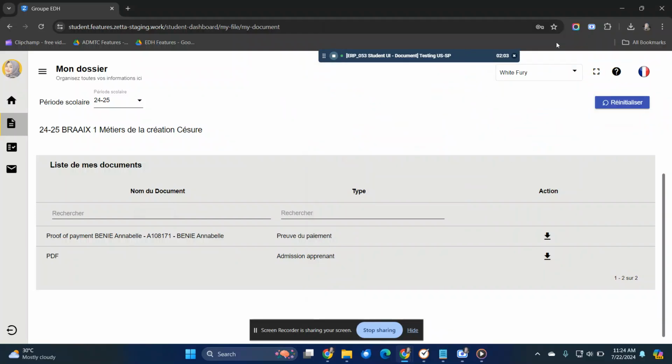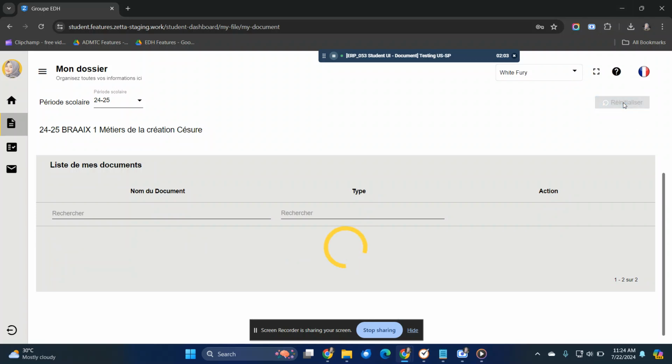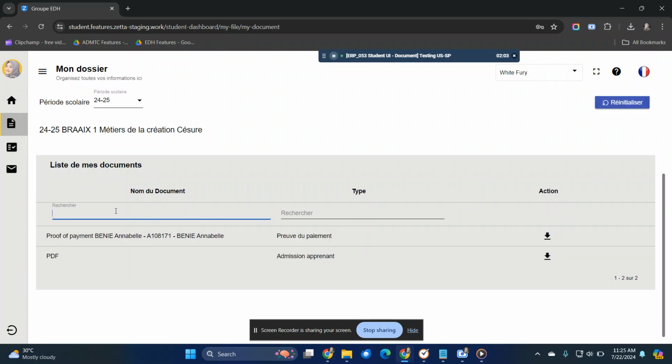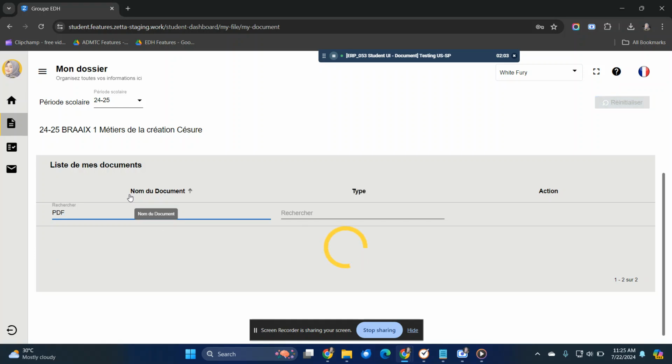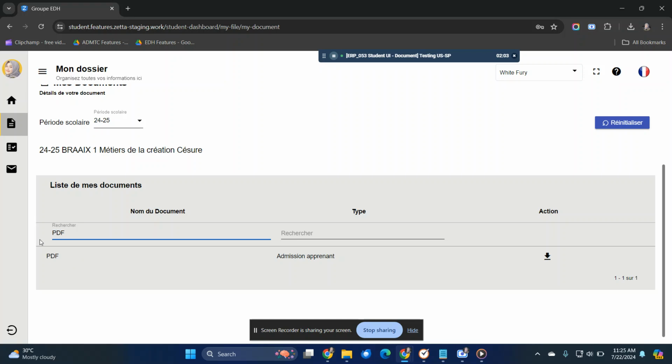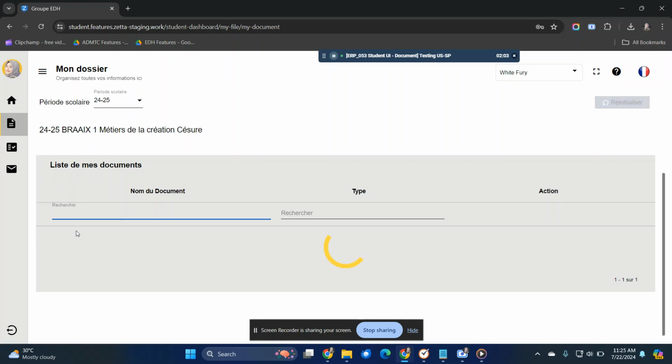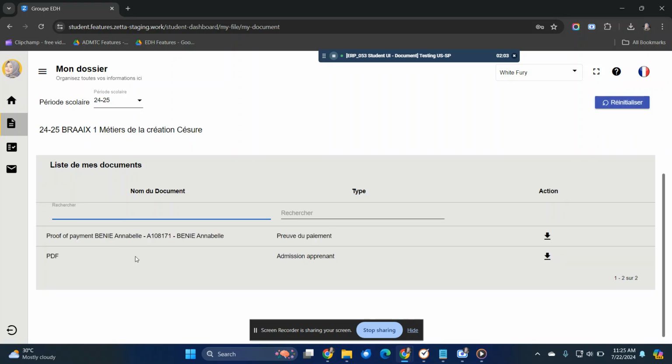So in my documents table, I try to set the column again, and I want to try using the filter on document name, for example PDF, like this, and it will display PDF admission appointment. And I remove the filter again, and after that it goes back to the default display, proof of payment